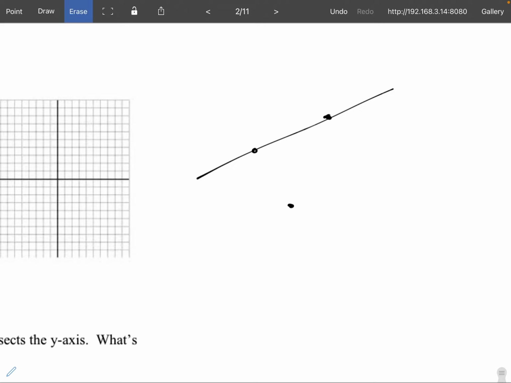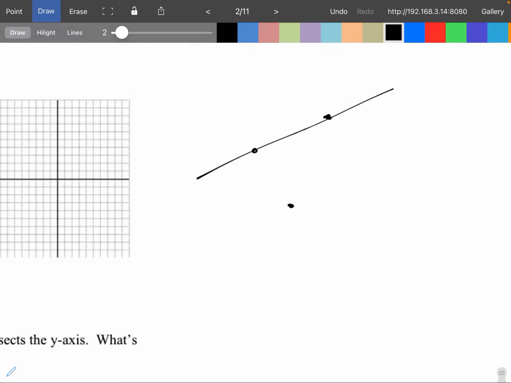Yep, Damien, that's good. Yes, you messed up, right? That's why you want to do 3 points. Because if you only did these first 2 points, you could draw a straight line through those 2, right? But you can't draw a straight line through all 3 of them. So you want to make sure by doing 3 points,